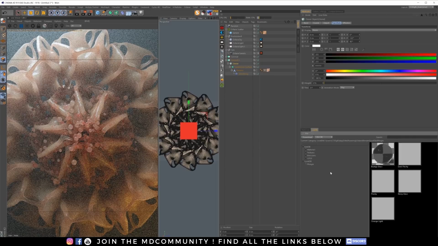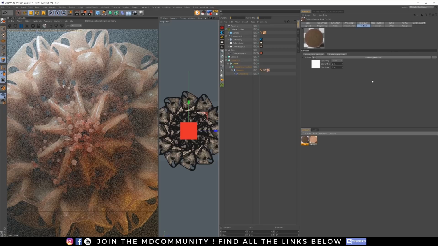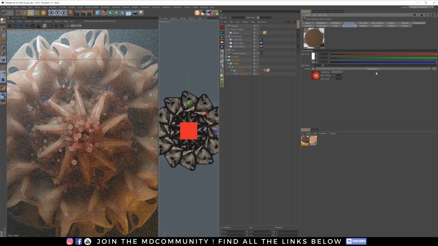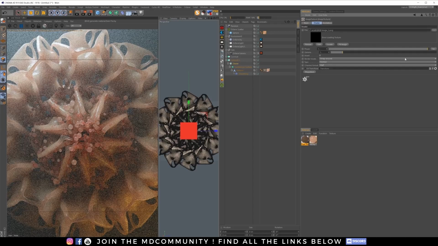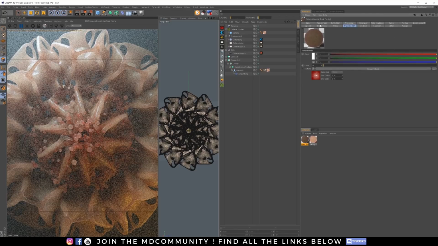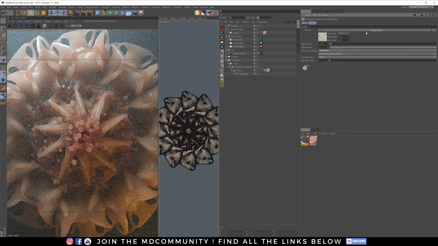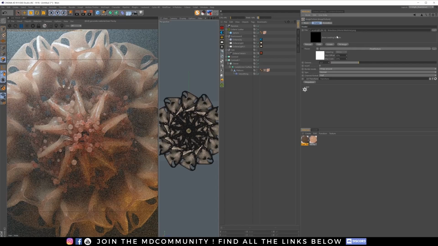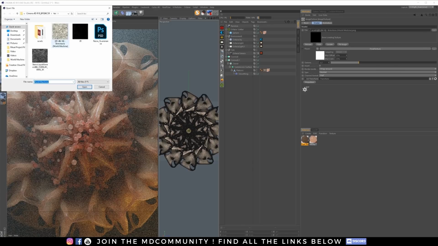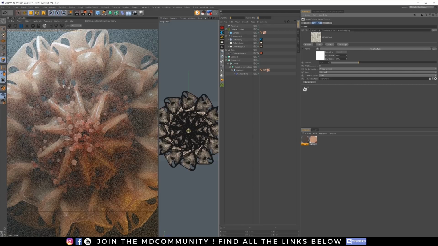Alright, and then what I did with that one is I actually had a darker version of this fleshy one. This one, I believe, did have displacement, but same thing, it was a scattering medium, basically the exact same setup. In this one, in the transmission, we added a gradient, which we will go ahead and find. We had a gradient. Then, I believe this also had displacement, which it did have. And again, in the image texture, what I used is this brimstone rolled machine texture, which I got from